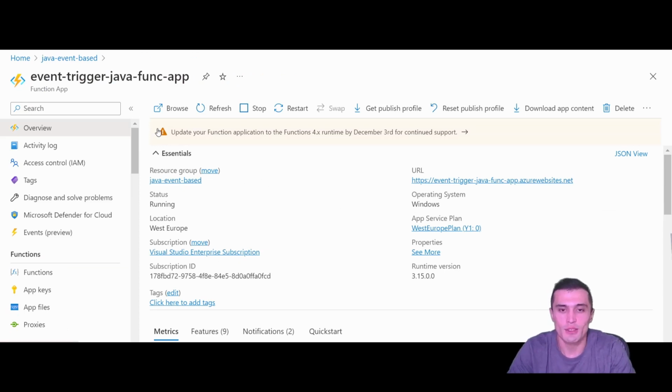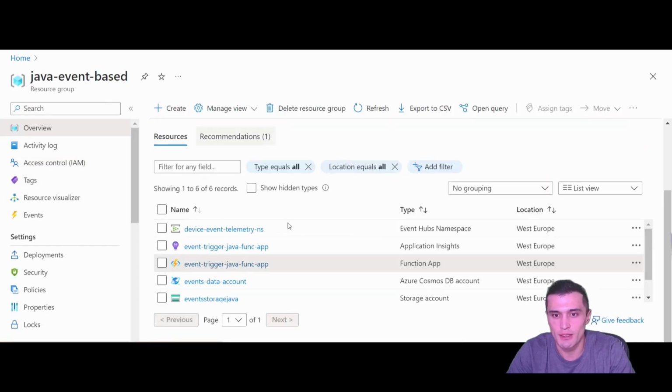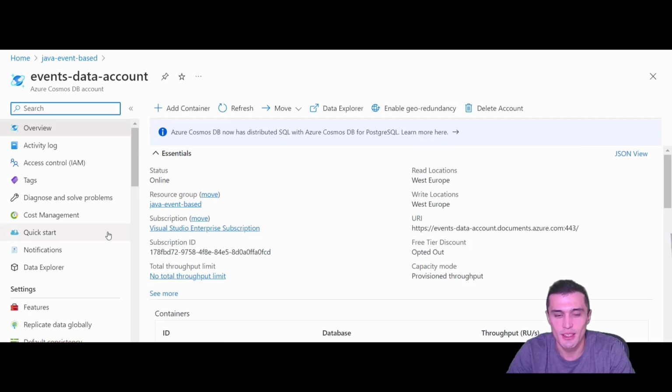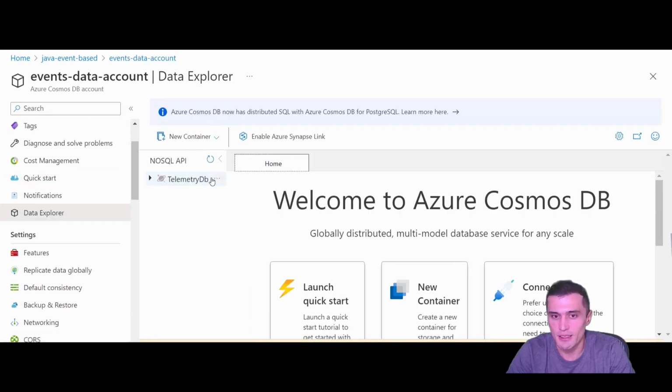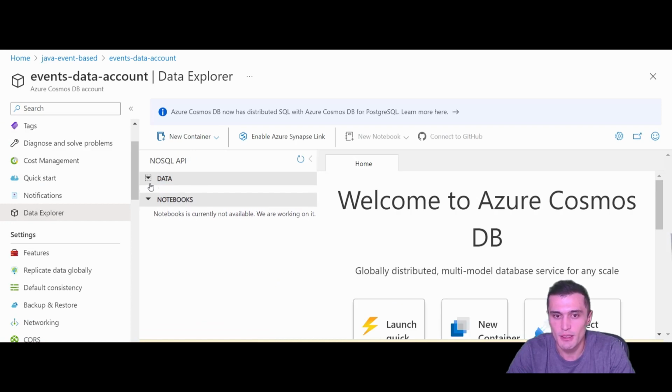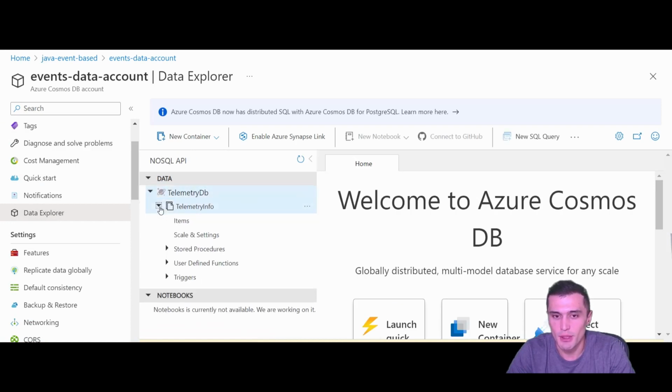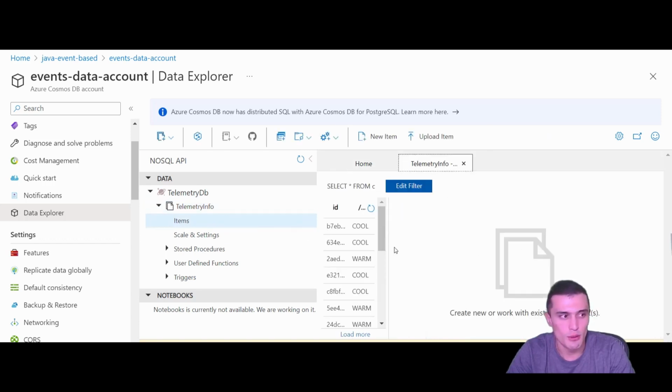With Azure Functions, you can receive events from all over the world. For example, we can check processed events and saved event results on the Azure Cosmos DB account. If you navigate to the events data account and then select the data explorer, select the telemetry DB that we created for our telemetry info, and then select the items to view the data that arrives.